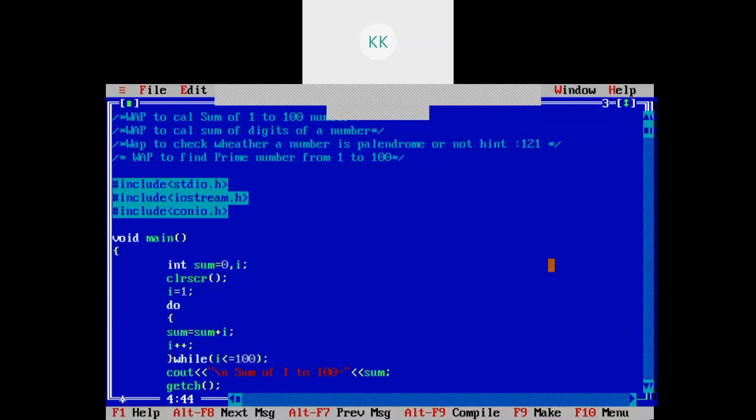Now in this, a prime number is a number which is divisible by 1 and itself only. So you need to find prime numbers between 1 to 100. This means in this case you require two for loops. One for loop will run from 1 to 100 and another for loop will find the prime number in the particular selected number, right? So for this you will require two for loops, also called a nested for loop.